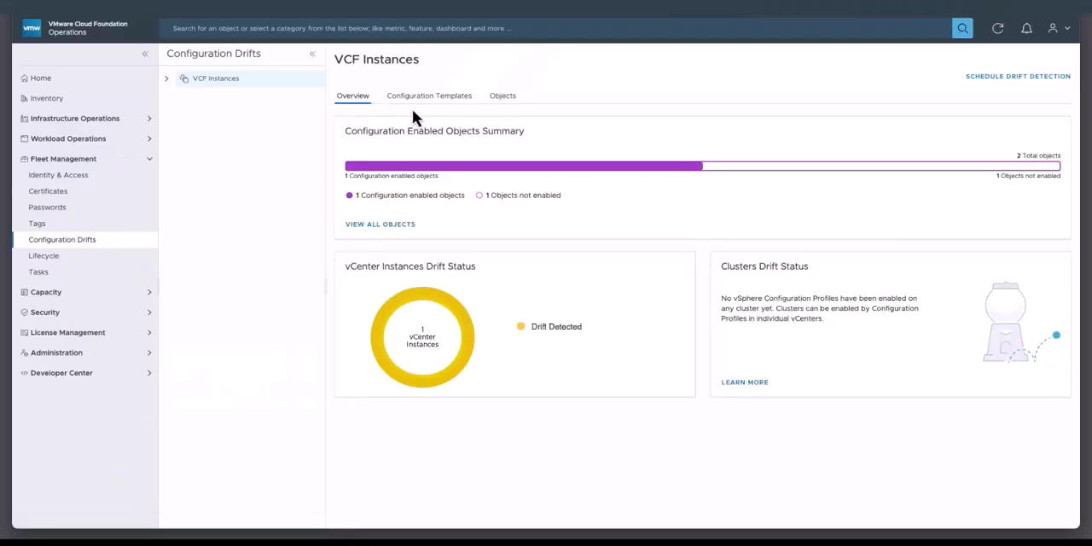So you can find configuration drifts under the fleet management dropdown inside of VCF. And when you click on it, you're going to be greeted with an overview of your environment's config drift status for not only your vCenters, but also your clusters, which is a new addition to VCF. And as you can see, I already have a template built, but let's walk through the process of creating one